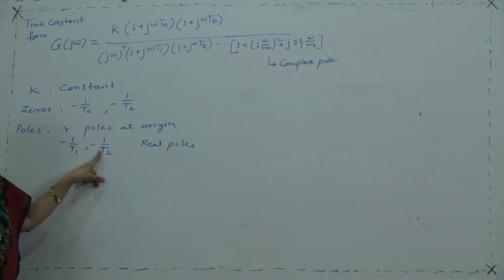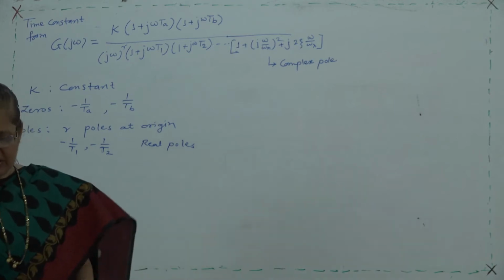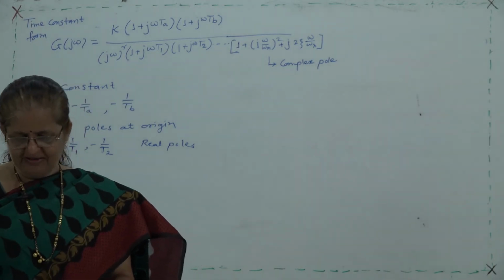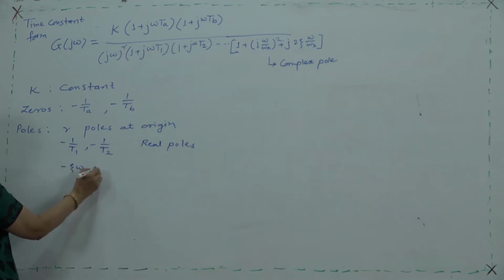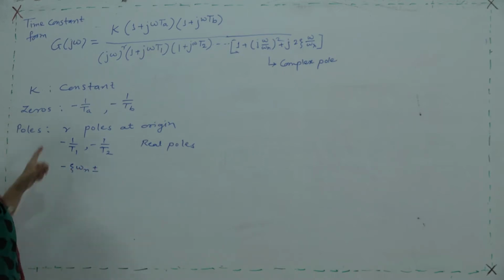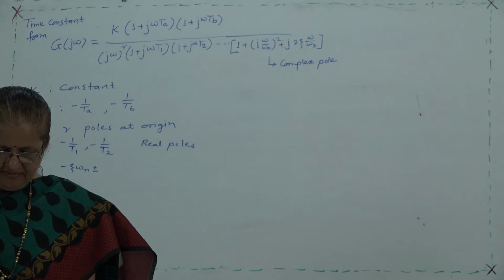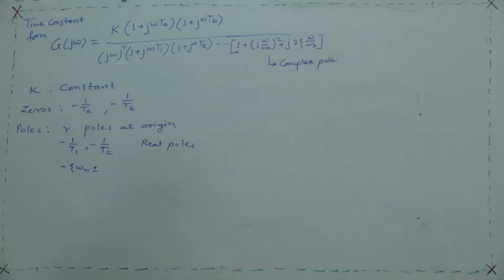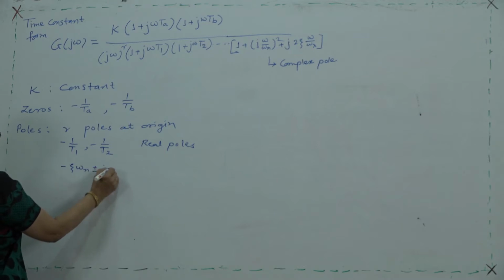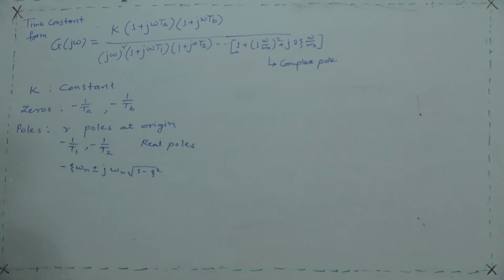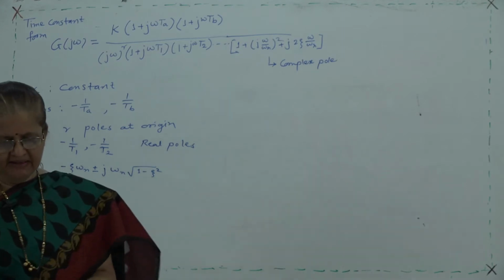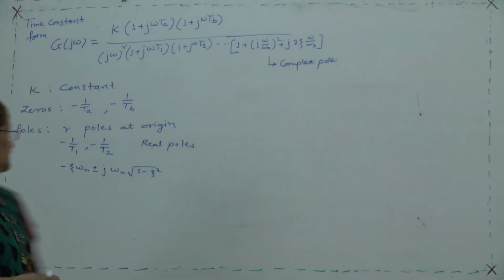And how will you write the complex pole? So, complex pole location, how will you write? If you are getting a problem with the j omega, you consider it in the S domain and we can see. So, minus zeta omega n plus minus under root. It is the quadratic term. So, what you will get: minus zeta omega n plus minus j omega n under root 1 minus zeta square. Check it with the known term, that is with the s square term. So, this is the complex pole.